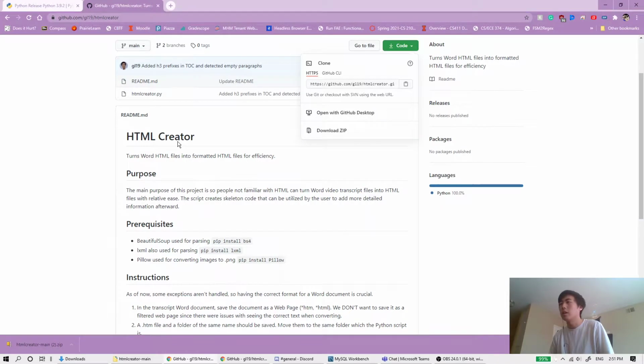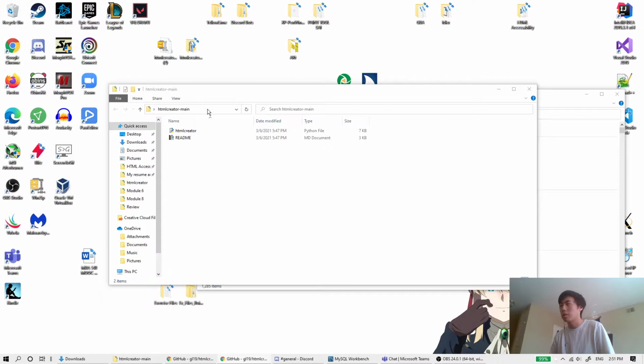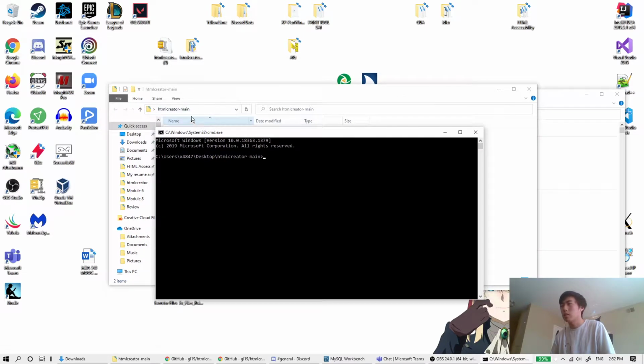They're in my GitHub page. Just these pip commands, 3 pip commands. They're just going to be necessary for the script to run correctly. To open up a command line in Windows, you have to open up a command line in the folder. So you're going to have to navigate to the folder from the command prompt. But in Windows, you can just open it up here by typing CMD inside